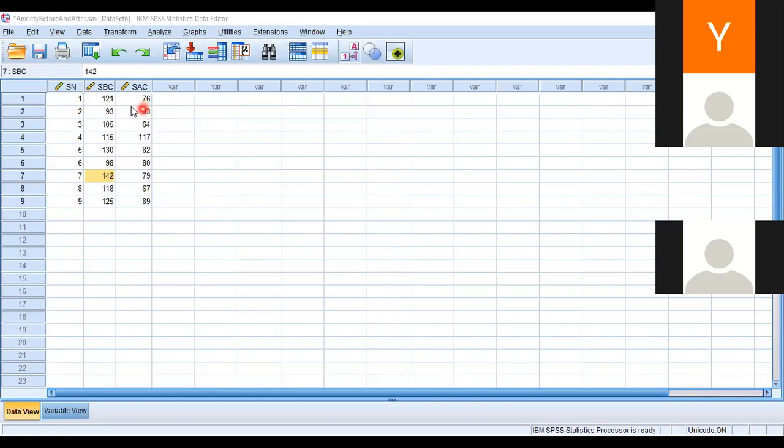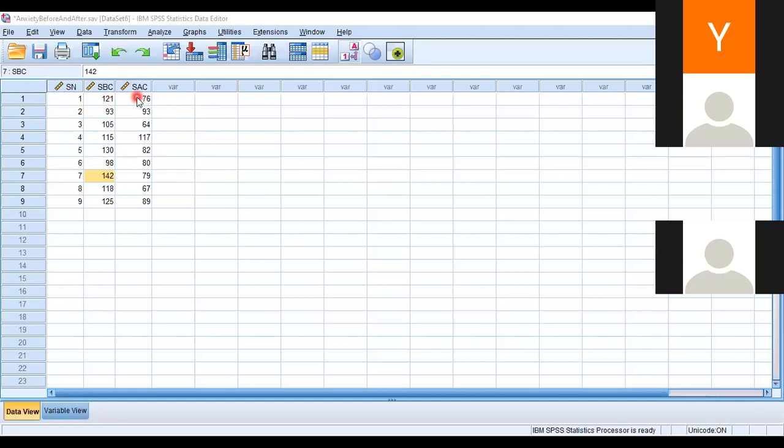One thing for you to know, to differentiate between arranging in parallel and arranging in series, is this. In your data view, where you are entering your data, each line is each person, each subject. Like for this one, number 1, maybe it's Eunice. This is the exercise score for Eunice. Since you take this from Eunice before and after, everything about Eunice must be on this line.